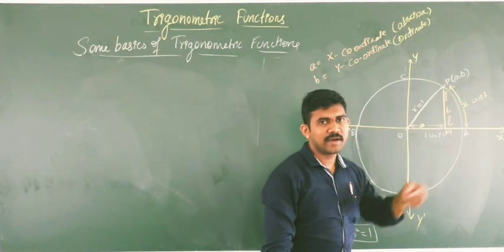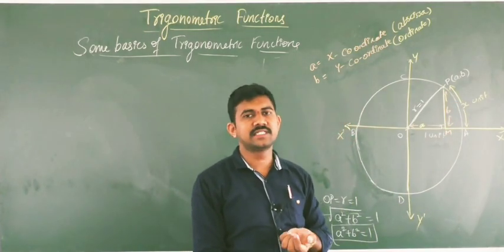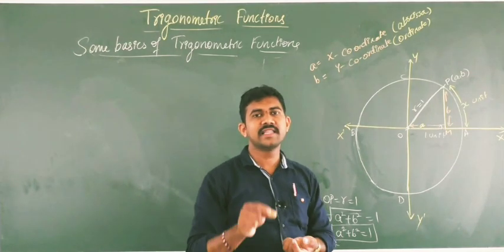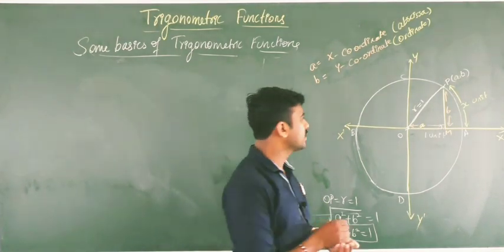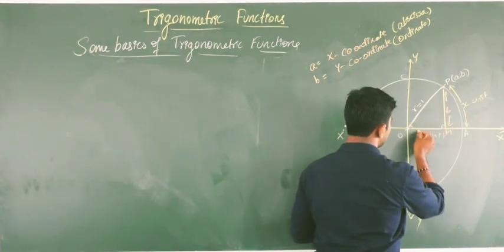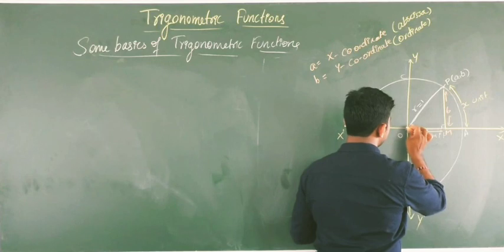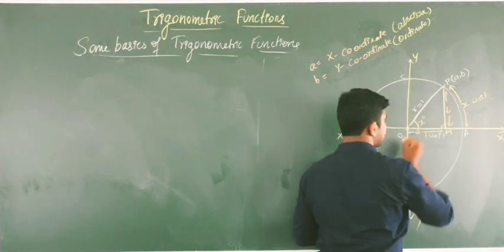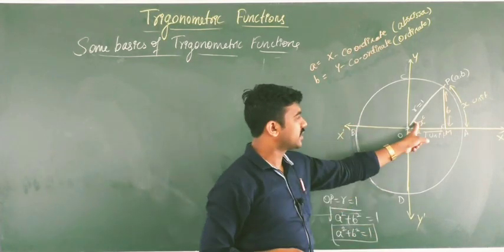See, length of arc is x unit, length of radius is 1 unit. So what is the central angle? That is arc length divided by radius. So x by 1 is nothing but x. So the central angle, okay, see, this is A, I'll write here down. The central angle generates here with the central angle x radian. Okay, so this is a central angle.